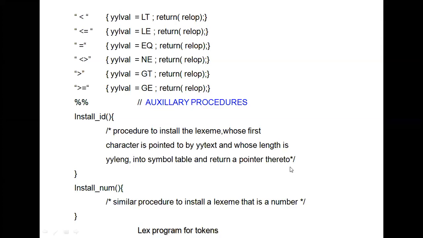What it means is, in this section all the required procedures are defined. Sometimes these procedures are required by the actions in the rule section. And if you want to define any comments for the defined procedure, there itself we need to make a comment by giving it like this, right? And this is nothing but a procedure section. With the procedure section, the program ends. That means the lex program is terminated.